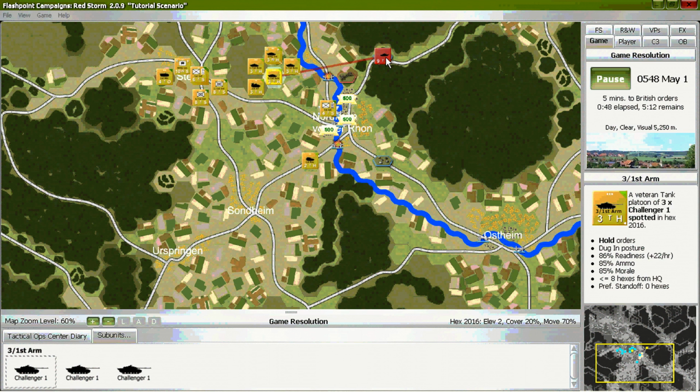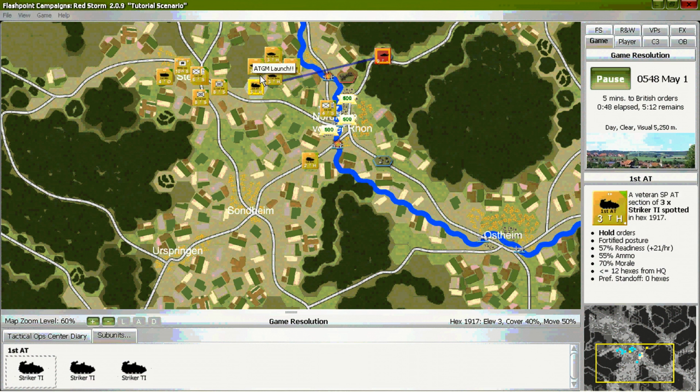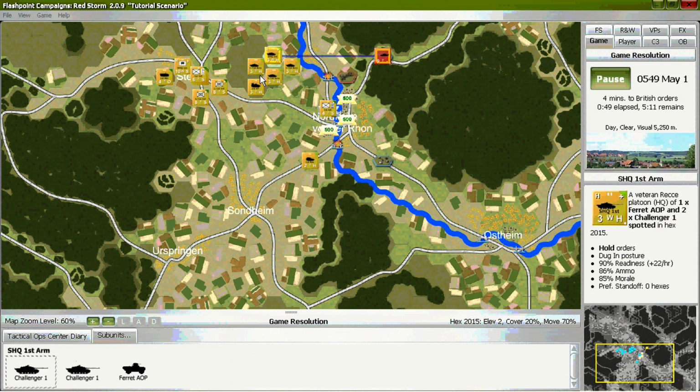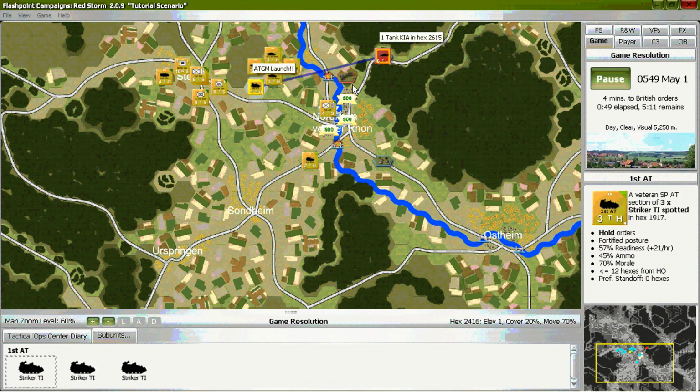We may incur losses at this point, but it's all a matter of probability. Losses and kills will vary depending on the number of factors that may be in play, and may be different in this video than what your walkthrough may show.